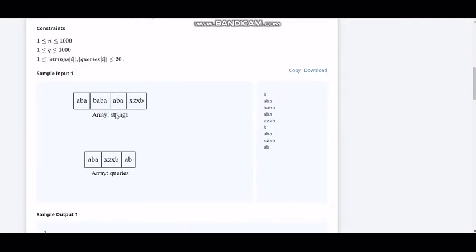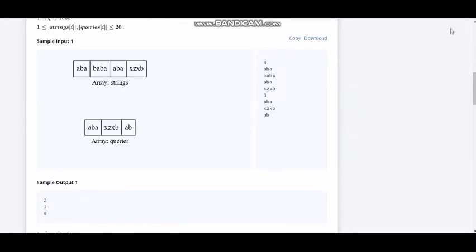Okay, let us see the example here. Let me draw. Here in the sample input, the elements given are ABA, BABA, ABA, XZ, XB, and in the queries ABA, XZ, XB, and AB.